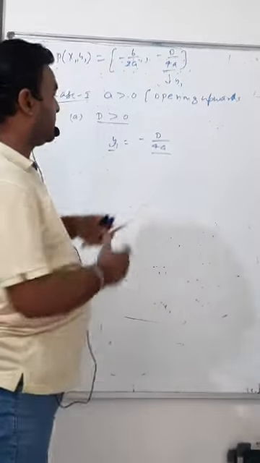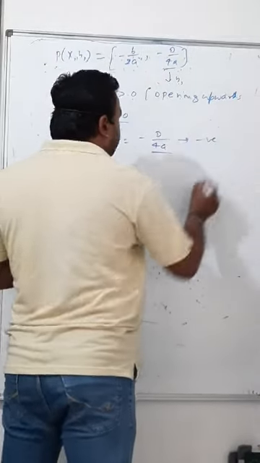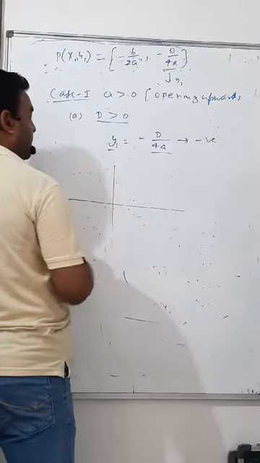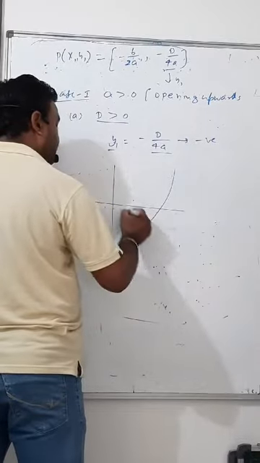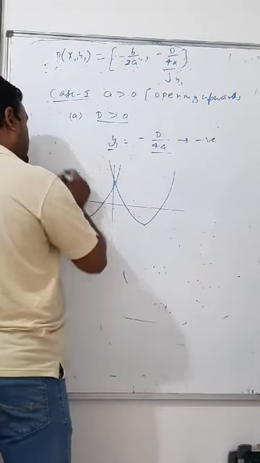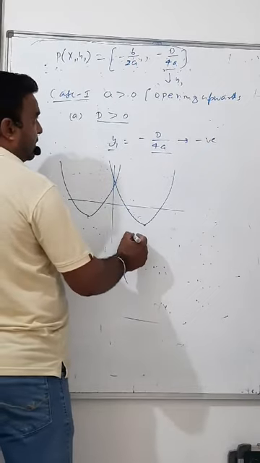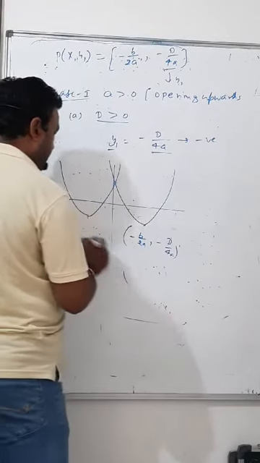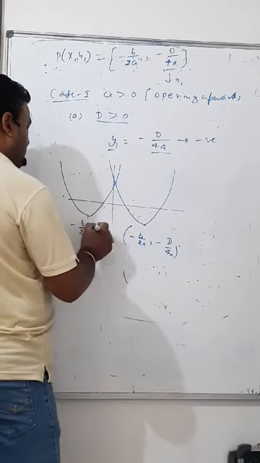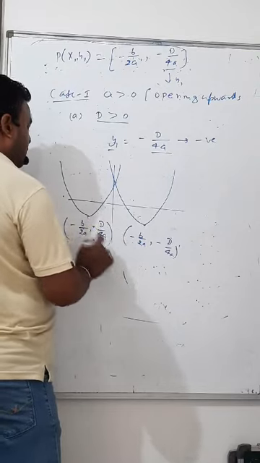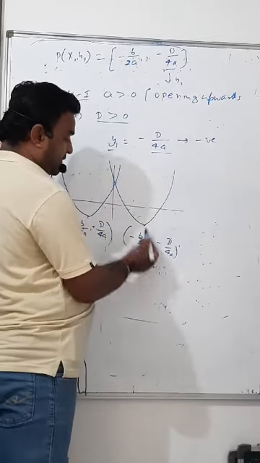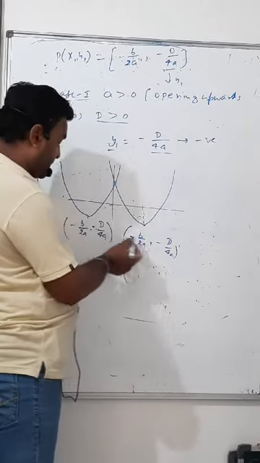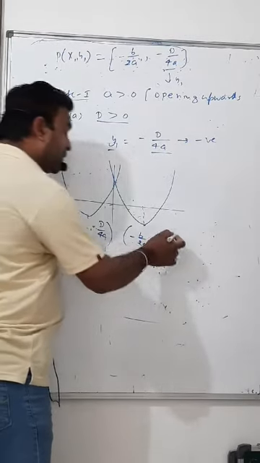D is greater than 0, and a is greater than 0, so y1 is negative. It means the y coordinate will be down here or here. It's like this, or it may be like this. This coordinate is definitely minus b by 2a, minus D by 4a. Not to get confused, actually here I am writing minus, but you can say that x is positive, but then b will become negative. That's an aside. Concentrate on this thing.